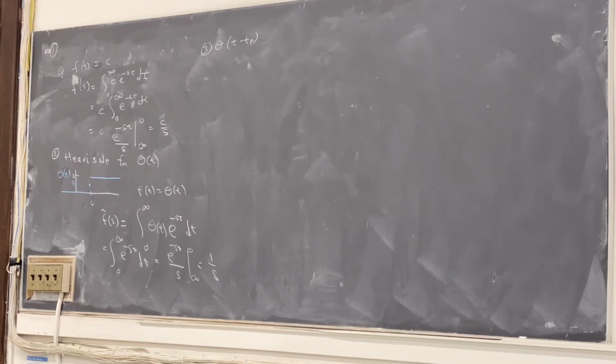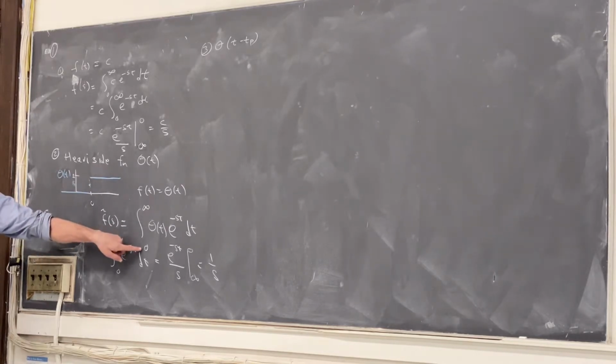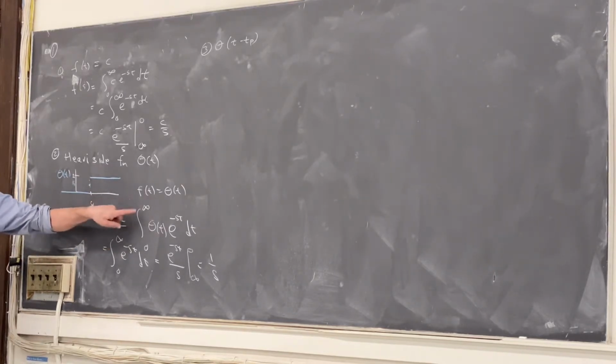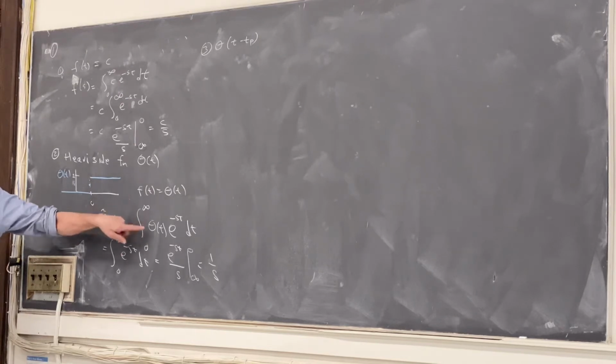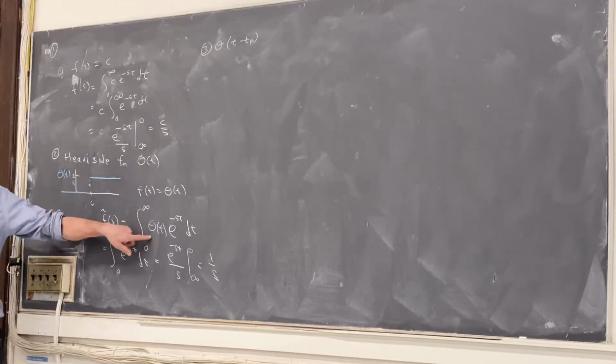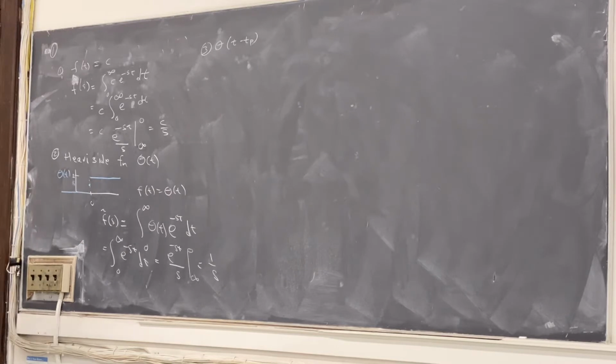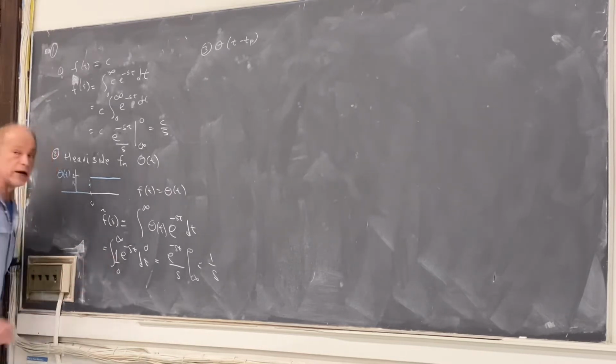It's Lisa. Lisa. How do you get rid of theta of t? How did I get rid of theta of t? Because theta of t is 1 for t greater than 0. As well, because the region of integration goes from 0 to infinity, it's all non-negative, and that's where theta is equal to 1. So it's just equal to 1 there. Maybe I should be explicit and call this a little 1 here.